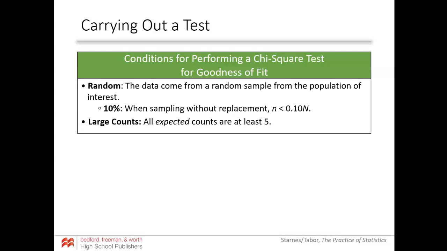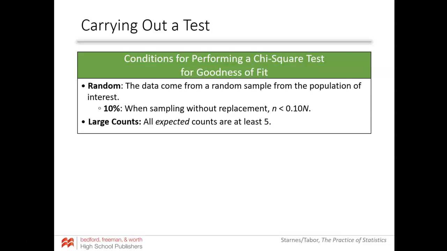So, hey, it's our friends, the conditions. It's the same 3 conditions when we're sampling that we've been using for a while now. The random condition means that you're taking random samples from a population of interest. 10% means that if you're sampling without replacement, you are selecting less than 10% of the whole population. And then this is a little different. Large counts